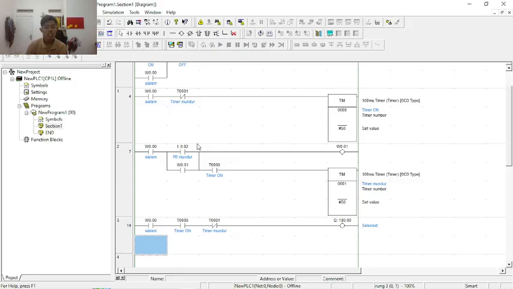Next, we will change the program to TOF. It will show how the cylinder remains active for a while after button release. And finally, we will try the pulse timer. We will press quickly, and it shows fixed duration movement. We can see that the difference is very clear between TON, TOF, and pulse timer. So like that, if we apply it to the trainer board.